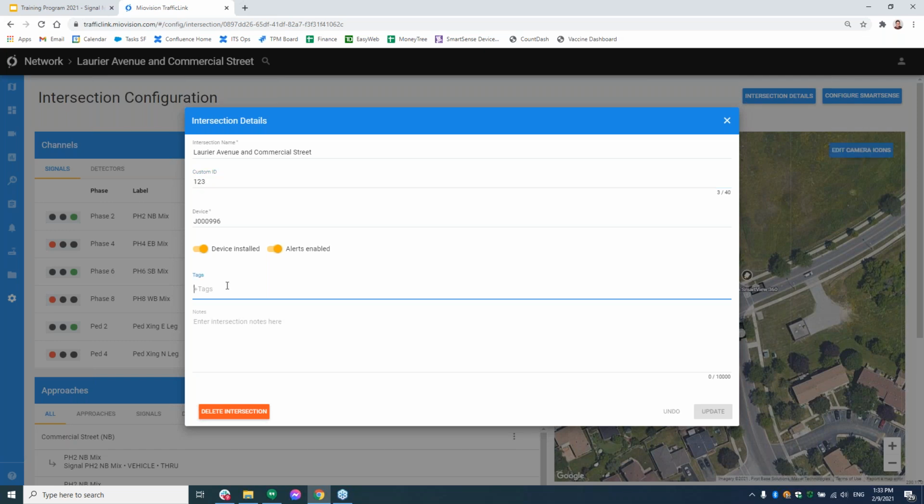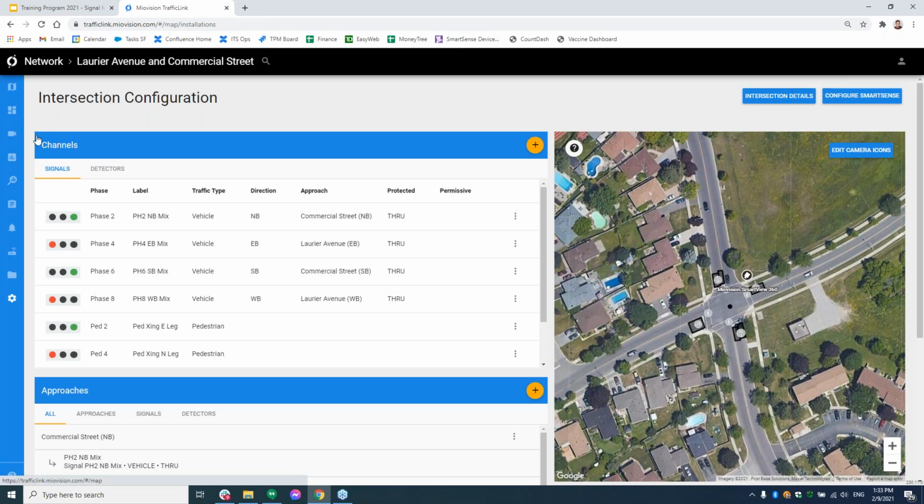The other is tags, and you can do the exact same thing here and say this is tag 321, so that this intersection is tagged more specifically. Of course, it's not actually set up to do that, but essentially it's the same concept. You can set it up as 123. And you can make sure that it has an intersection tag associated with it.